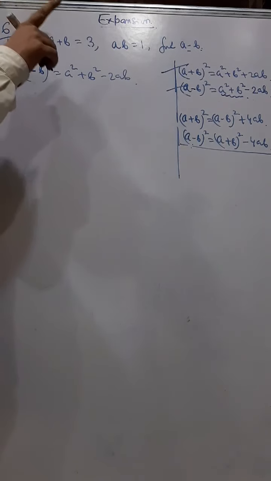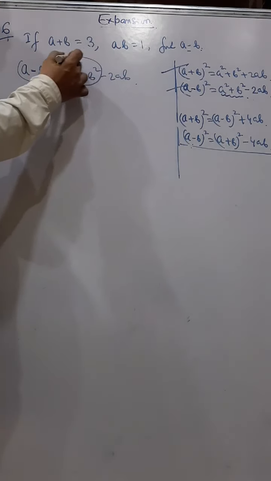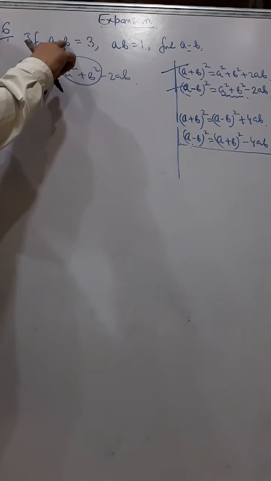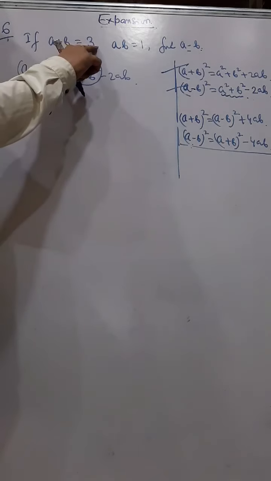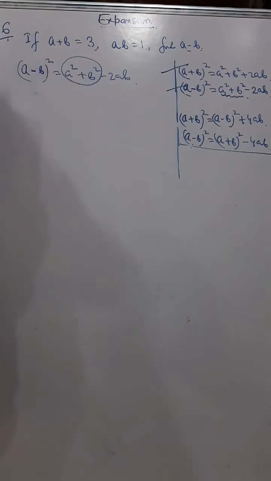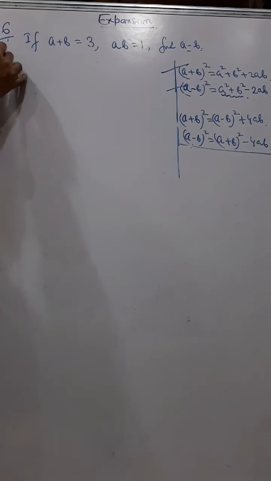So the first thing that comes to my mind is that I first need to know this value, and for getting this value I have to do squaring both sides. After squaring both sides, I get this value. So first I am doing that method. That's method 1. You can use any method whichever you can understand.